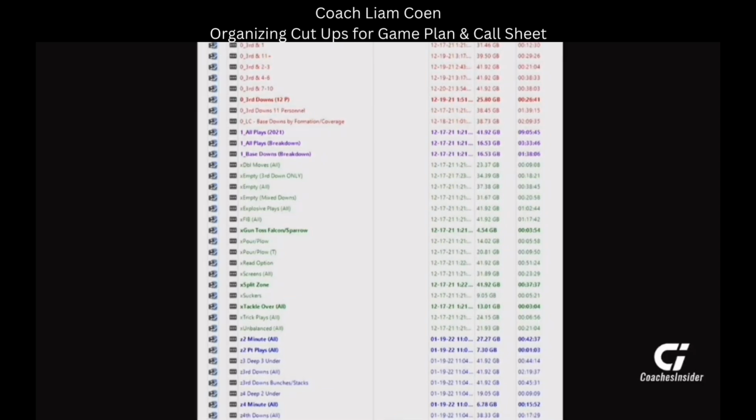So we try to organize it by those downs and distances. We'll have each of those third downs broken up. We'll also have third down broken up by personnel groupings. As you move on, we've got our base downs, formation by coverage. We've got an all play, base down all play. And then as you move down this screen, I don't want to go through every single one here,